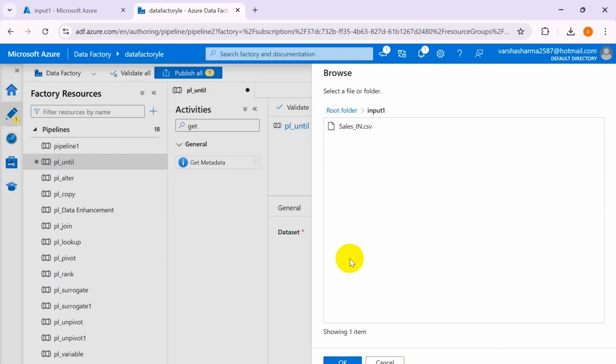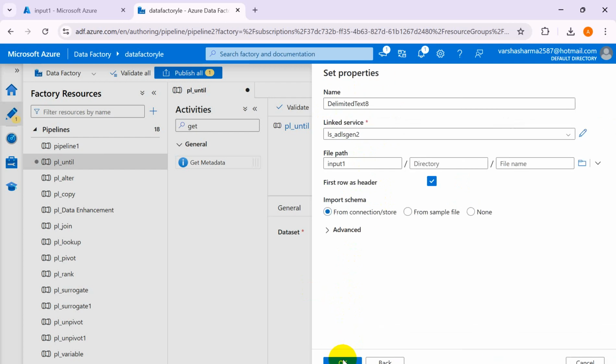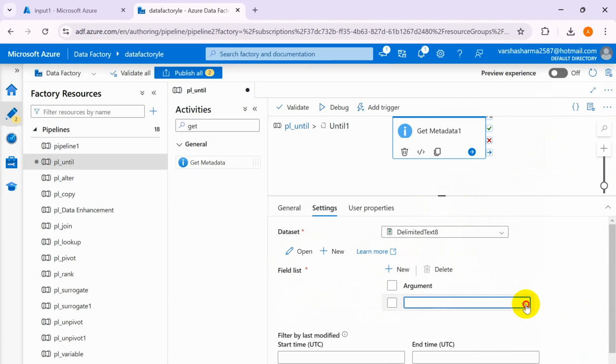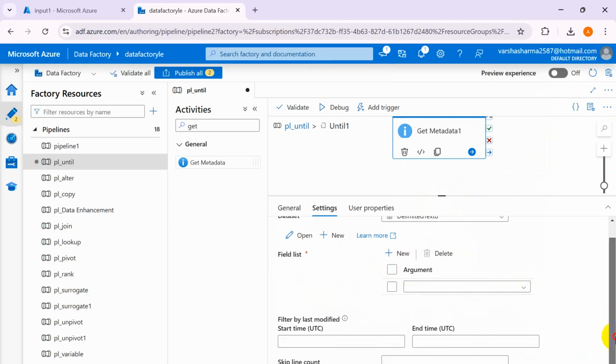So if input one has a file, I'm not going to click any file, right? I will click OK. This is having a file, okay, then the answer should be true, right? So here we have to select field list. If you remember, if I click here, we will see several arguments over here. For example, we have something known as child item. So if you want to select the file name of the file, then you will